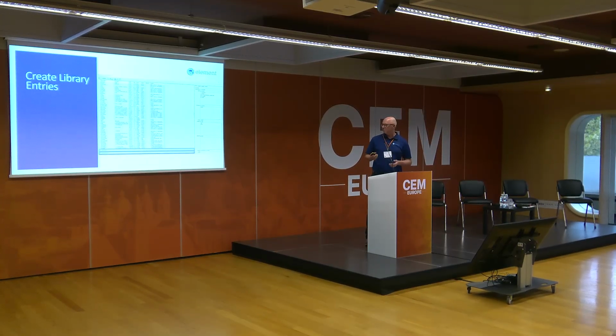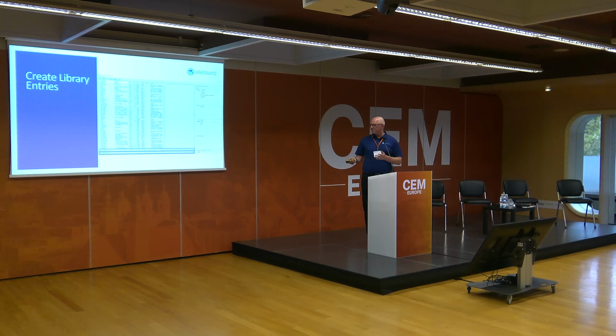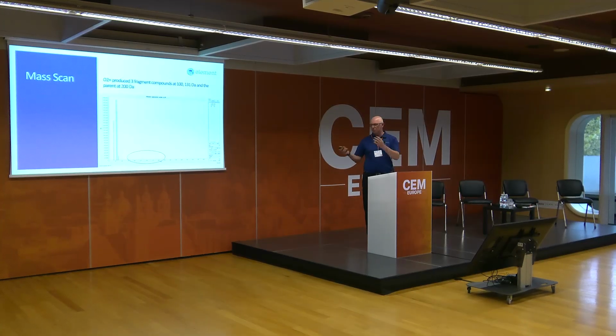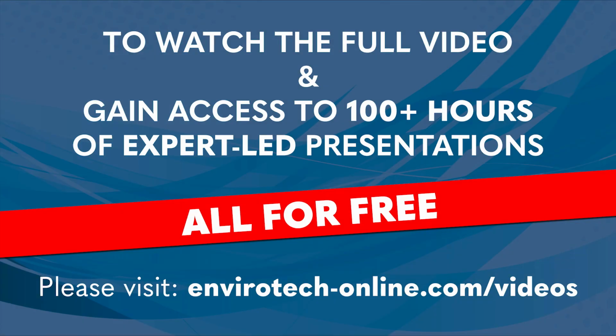So the SIFT library's got hundreds, if not thousands, of compounds in. So we could create these library references, and going back to this, you can't really see it on there, but there's a ratio that these peaks are showing up, so we can use where the peaks were shown on the mass and the ratios to come up with a library entry for that compound. And then when we put the gas back in at a known value, we can then alter the reaction rate to calibrate it. So if we're doing, so basically